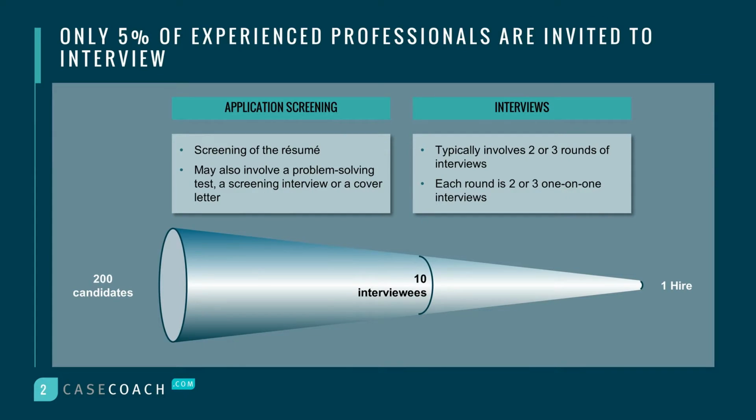Let's start by looking at the selection process at top consulting firms. There are usually 2 stages: application screening and interviews. 95% of experienced professionals are rejected at the application screening stage. In most cases, they are turned down because their resume is unclear or it doesn't immediately show what the recruiter is looking for. This is why creating a compelling resume is incredibly important, and I'm going to show you exactly